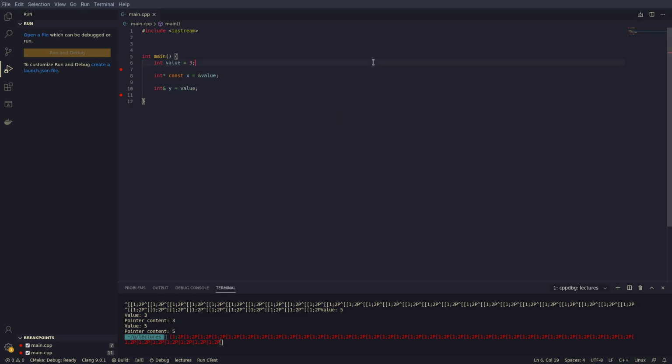So int reference y is value. So y is now literally value. If I modify y, I modify value. And if I modify value, I modify y, just like the pointer example that we had before. So I can say,